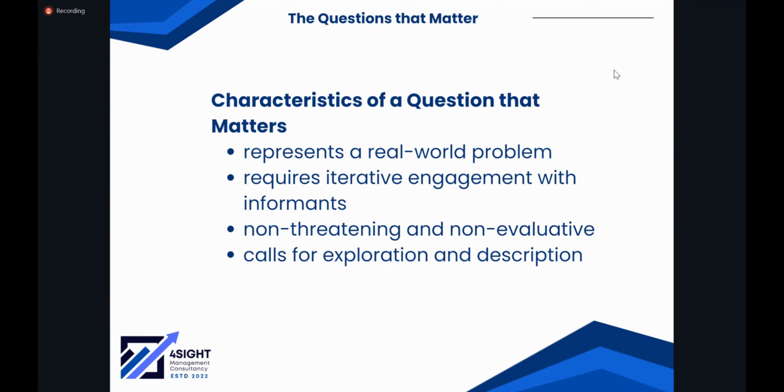Ang ibig sabihin natin sa iterative engagement ay it elicits a reflexive process. So yung pwede siyang sumagot at magkakaroon ng discussion during the process. So kapag ang question natin ay will not prompt the researcher and the informant to engage in a reflexive process, that is not a good qualitative research question. Third qualification of a question that matters is that it shouldn't be a threatening question or